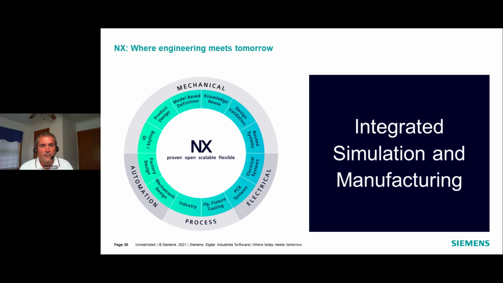NX has a complete set of simulation and manufacturing tools to cover all of the levels needed, from the designer to the expert level. Break down the barriers by enabling the design team to analyze product performance early in the concept and design phase. This allows for a faster iteration of more possible solutions. In addition, you can introduce manufacturing into the process at an earlier point to make sure that all of the material can be produced, to help compress the delivery time. All of this can be accomplished with a single master model that keeps everything up to date.